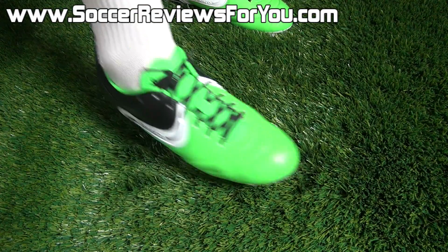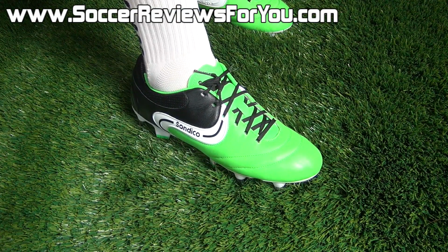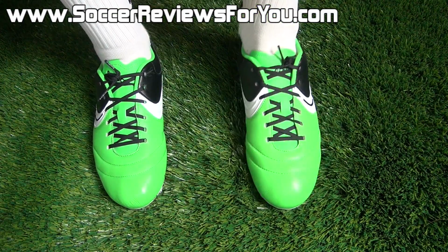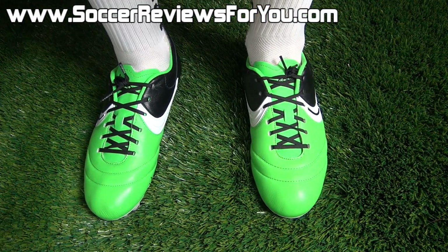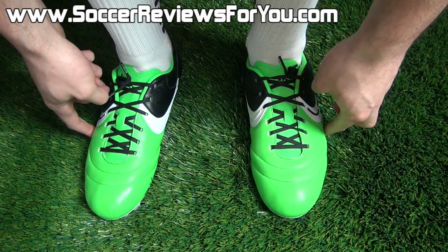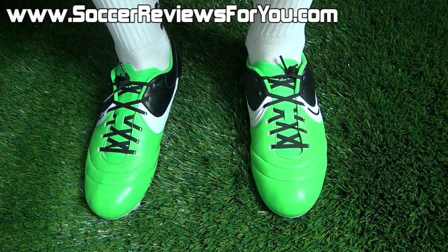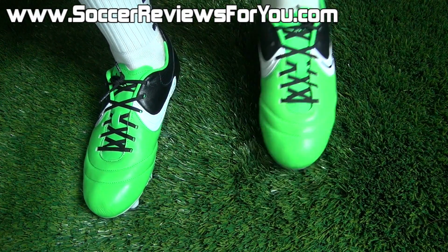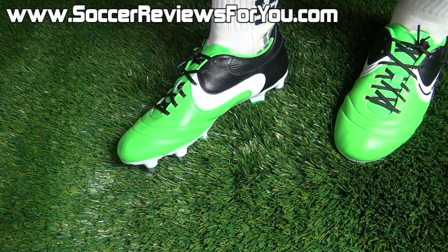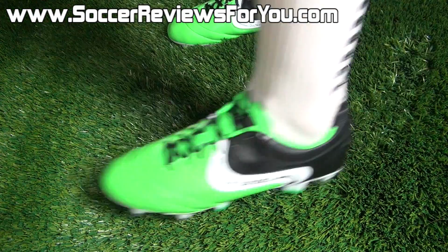In terms of overall width, I would definitely say that this is a wider fitting shoe. So if you have wide feet, this is probably going to be a pretty good option for you. There's a decent amount of width pretty much all the way through the midfoot, forefoot, and toe box. And considering the forefoot and toe box area is made from natural soft kangaroo leather, it will, like I said, stretch over time. Just give it a couple hours to break in, and they'll feel very, very comfortable for you,